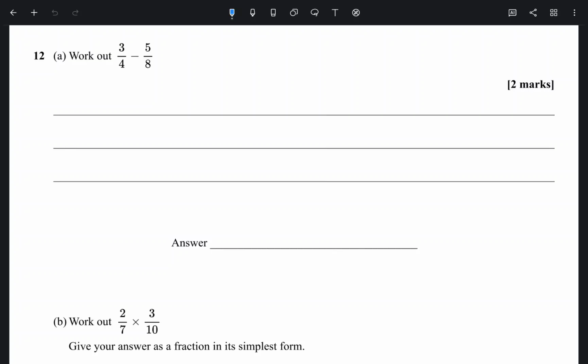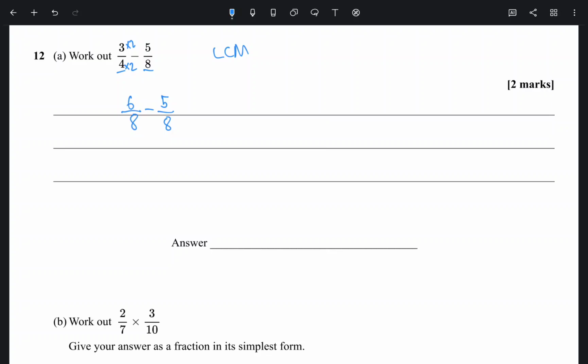Subtracting fractions. If you have 3/4 minus 5/8, you need to make the denominator the same. So you need to find the LCM. We know 4 and 8, so all we can do is change the 4 to an 8. You times the denominator by 2 and times the numerator by 2. So 3 times 2 is 6 over 4 times 2 is 8, subtract